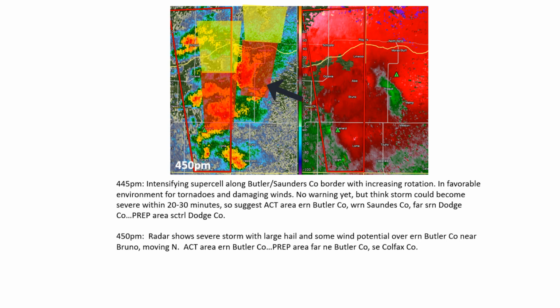It's moving just east of due north, and it is likely to produce damaging winds and could produce a tornado soon given the increasing rotation. So we have an action area for that and a prepare area further downstream, and this is described in the chat messages. So here's an example of storm threat information even prior to warning issuances.